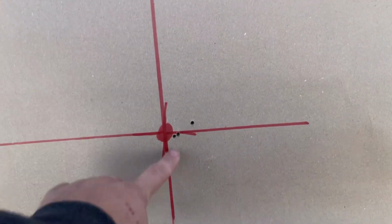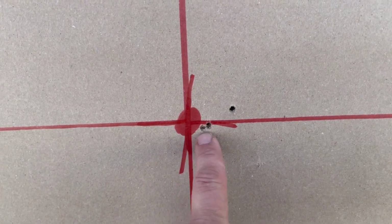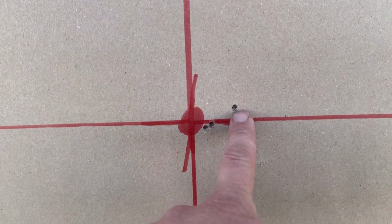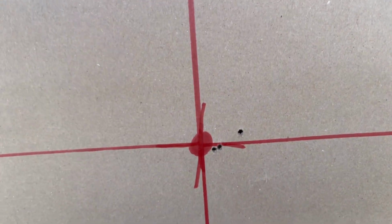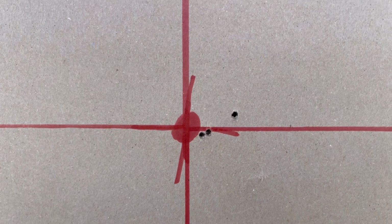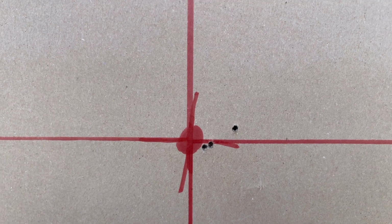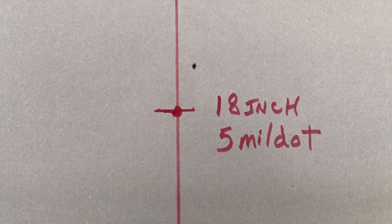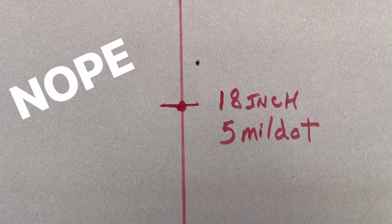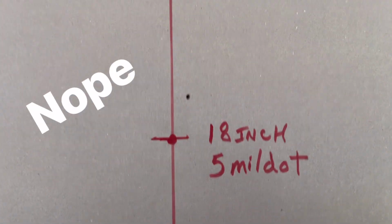And then this one here was the shot down again. But at 100 yards, I don't know why that one's over there, right? That's the kind of stuff I'm running into. Scope seems to be tracking, I would say. But then I'm getting these flyers. I don't know, I almost think it's something to do with the gun this time. I'm pretty sure this scope I did have sent in to Bushnell and they said it was tracking fine, so